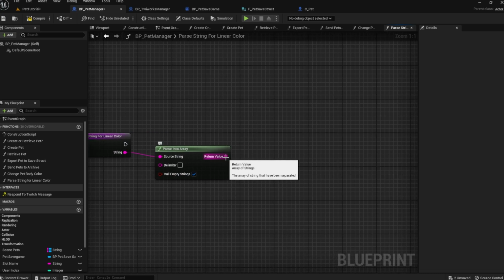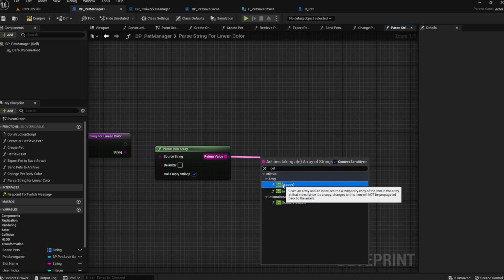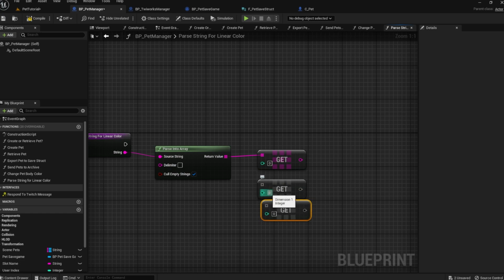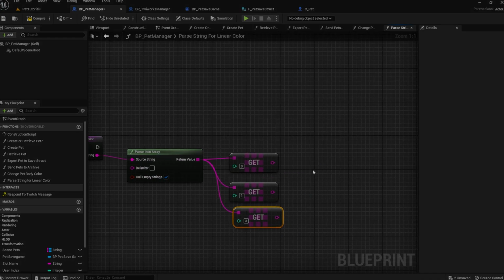Drag off of the return value and search for get a copy to get the first, second, and third indices of that array. Oh, this is some more bad editing. I put 3 in the last node here. Make sure it's 2, because it's an array that starts at 0.